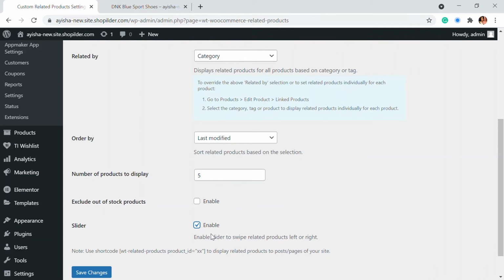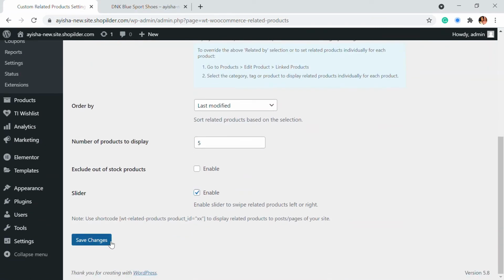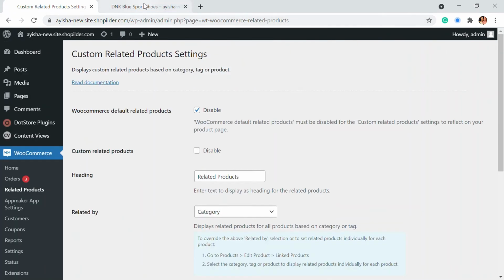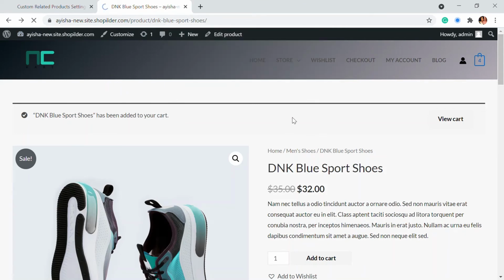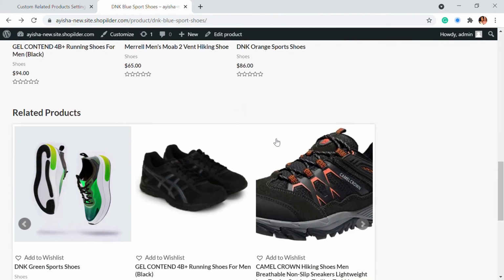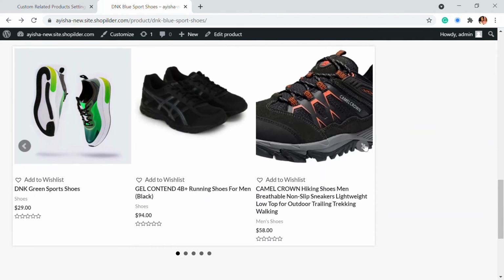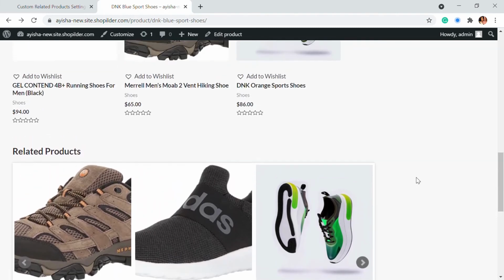You can also add a slider. That's the settings part, so I'm just going to save it. When we go to our website and refresh, you'll be able to see all the related products are now shown according to the category, and there is also a slider available.